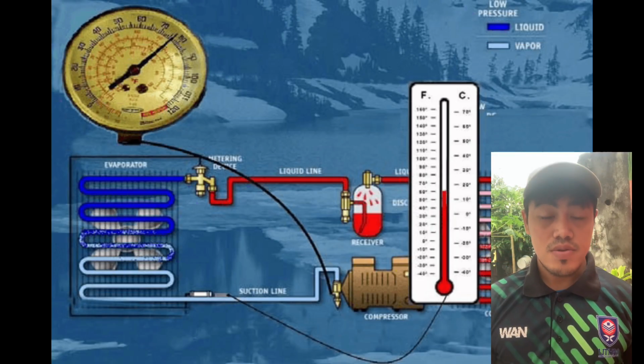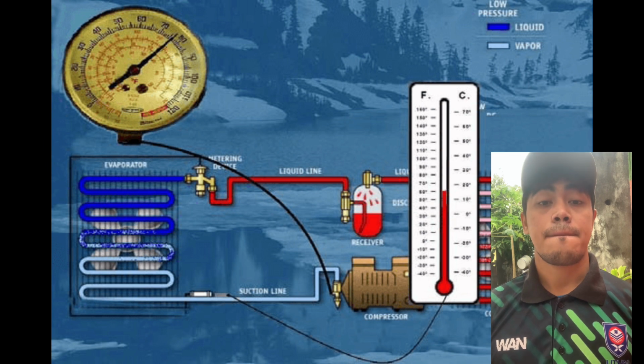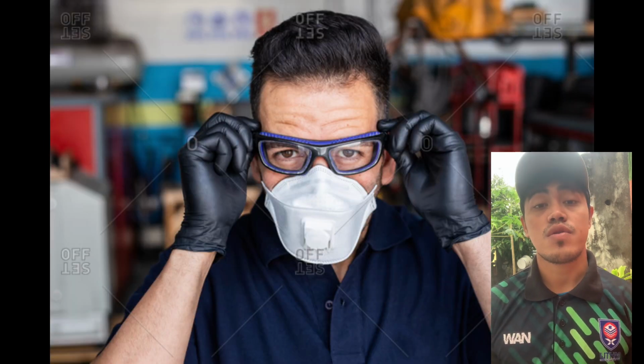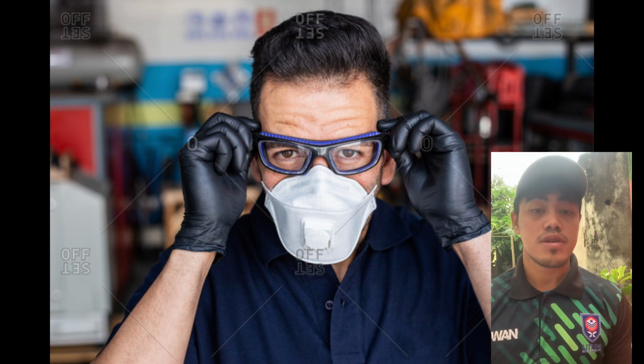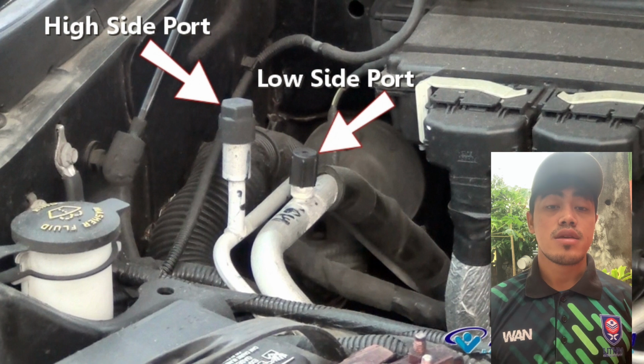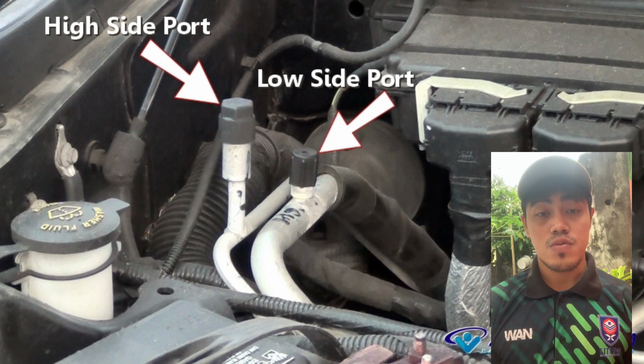Okay, next we proceed to the SOP for this practice. Before we start this practice, we should wear the goggle and the glove for safety. Okay, the first step is we should identify which one is the high and low service port, and then we remove